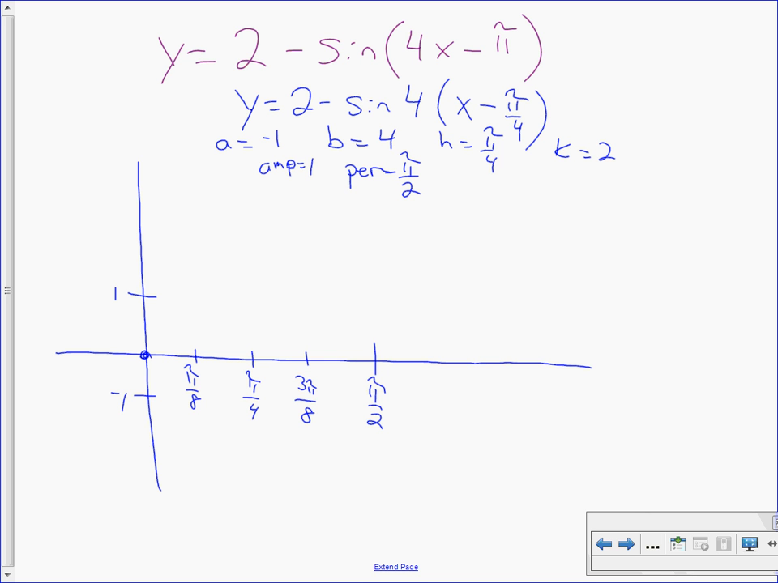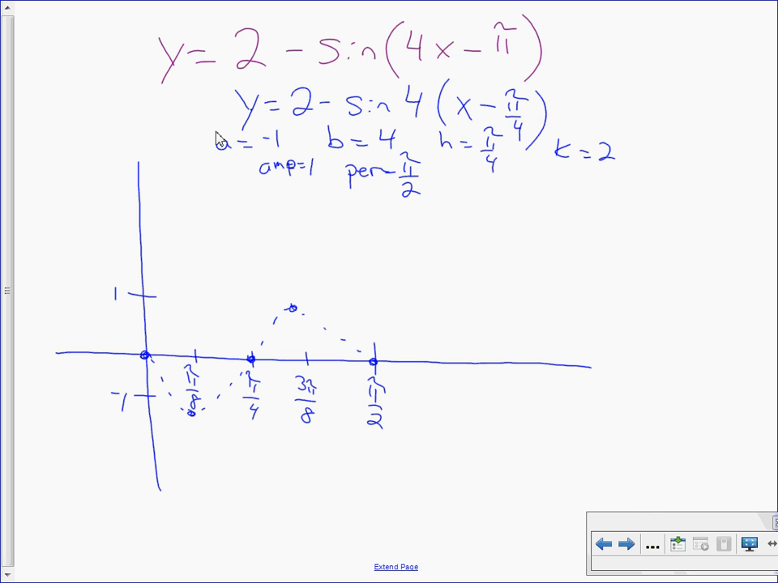And when I start this curve out, since the A value is negative, do I go up first or down first? Down. Very good. I go down, up, down. Now I have my ordered pairs. Mark it over there. So we're at 0, 0, pi over 8, negative 1,